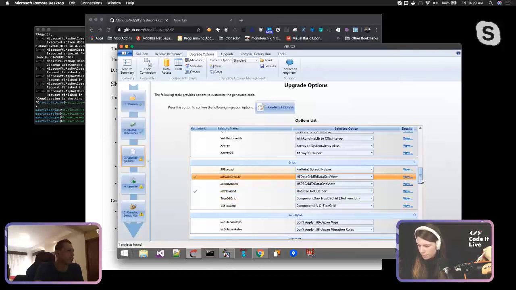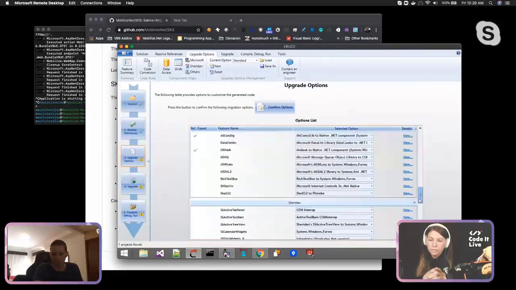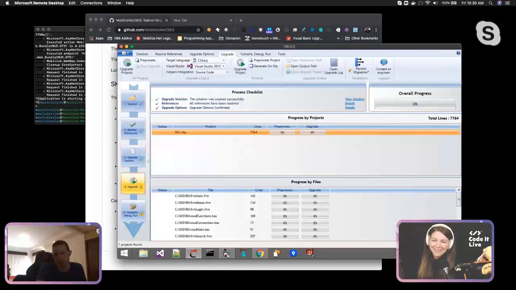And right now, I think that for this application, usually the tool performs an analysis and is able to identify which are the best options for you. But when you're doing a small application, that's fine. For a more complex application migration, you probably should review these options. And when you're done, you just press confirm options, and then you just go to upgrade, which I will just leave in the background because this is